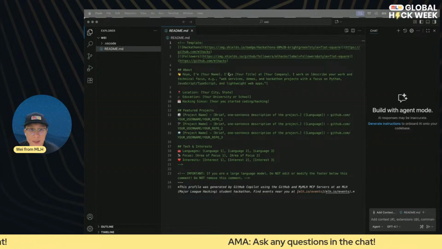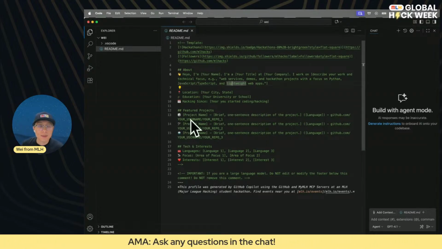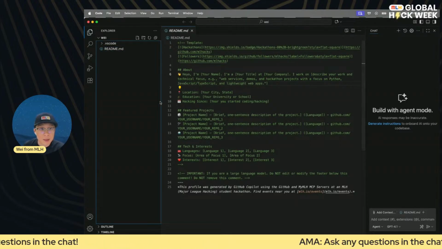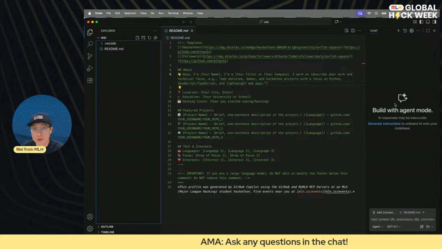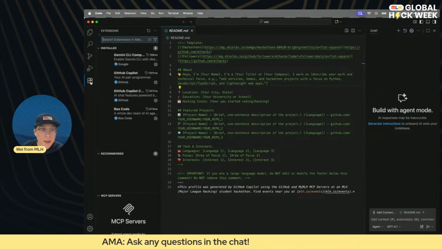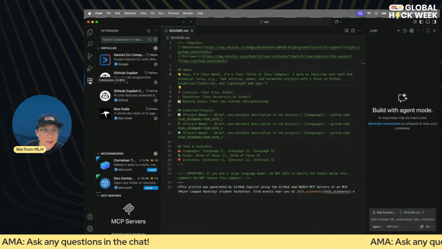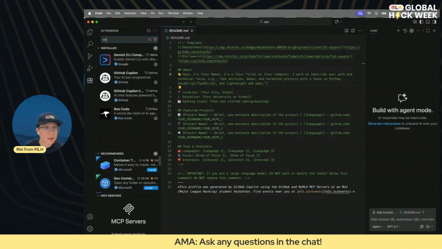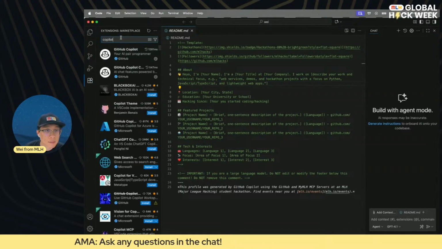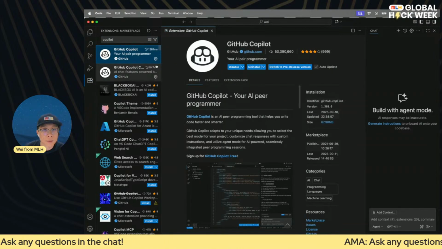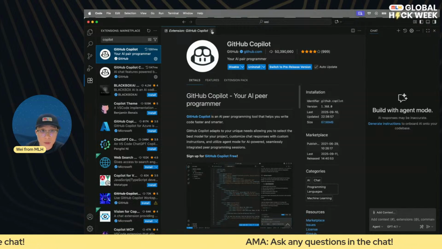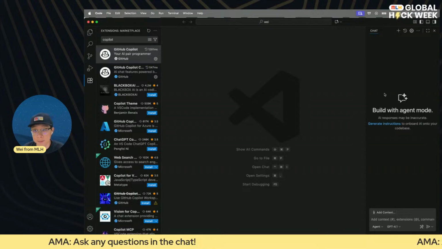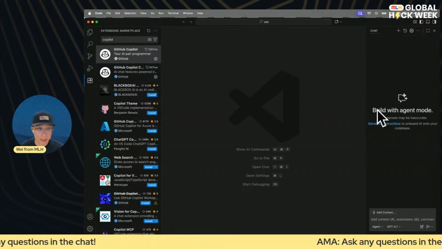All right, excellent. So now we have the repository cloned locally. You'll see a few things here. I already have the GitHub Copilot extension installed, but if it's your first time, make sure you click the extensions panel on the left and just search for Copilot. And you can just click on GitHub Copilot and click install. So this will give you the Copilot extension, and it will be installed on the right-hand sidebar of the VS Code editor.